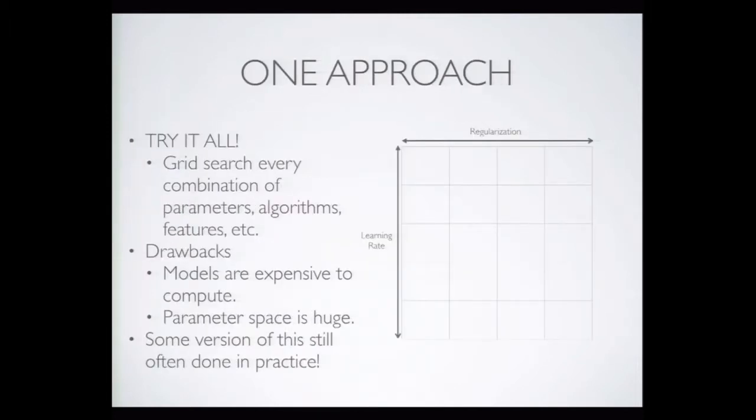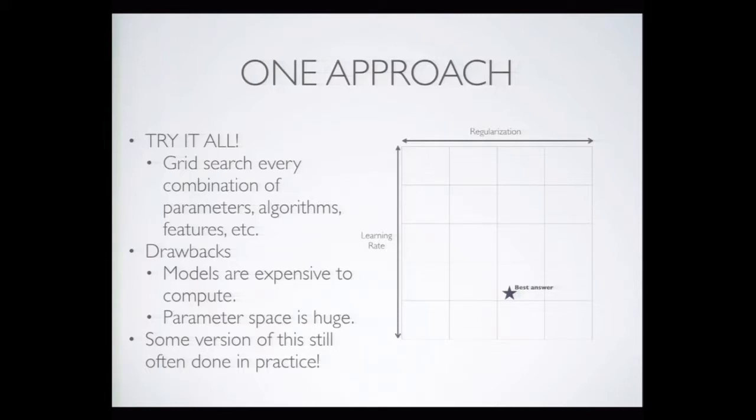So how do you actually do this? It turns out in practice, people are doing this all the time. And one approach is to try it all. On the right side of the slide here, I have two hyperparameters I might want to tune, say learning rate and regularization for something like logistic regression, so L2 or something like that. And each of the points on this space represents a potential setting for the hyperparameters of this model. Maybe the best answer is learning rate somewhere and regularization somewhere in that lower right corner there.